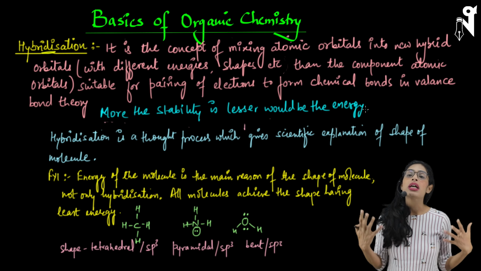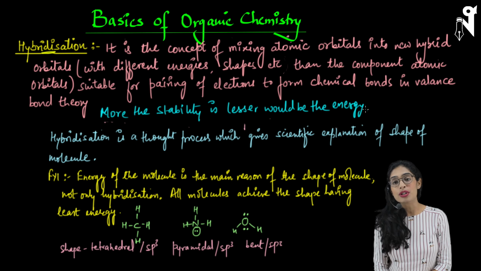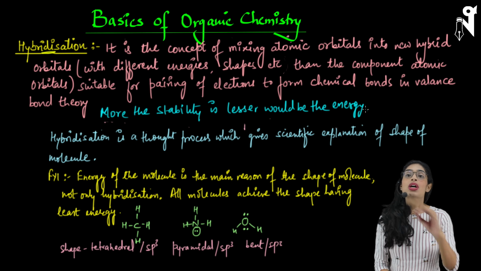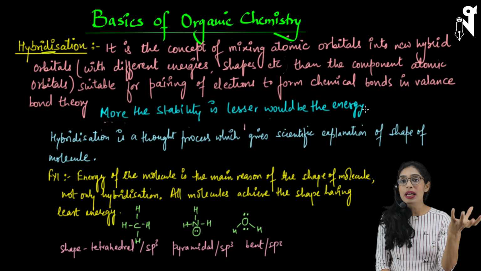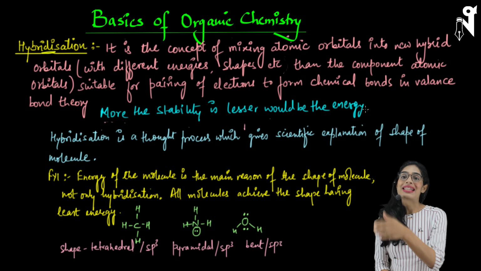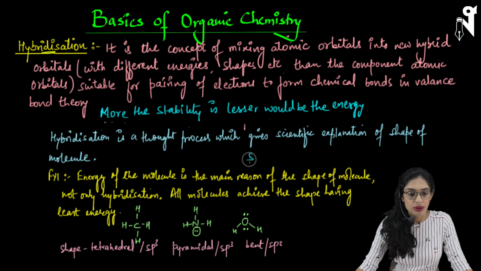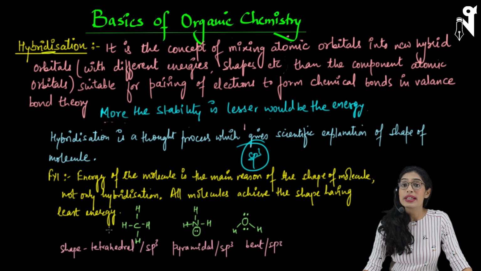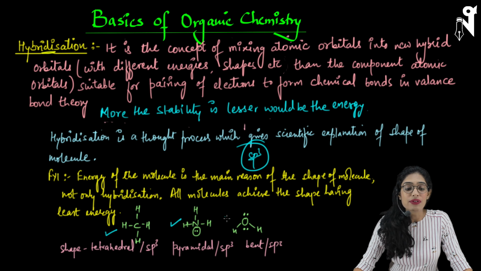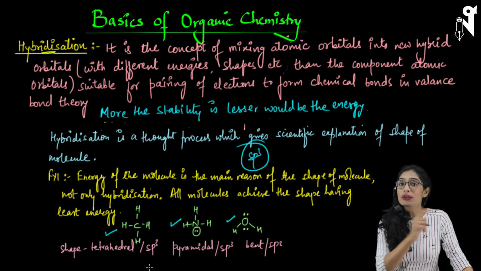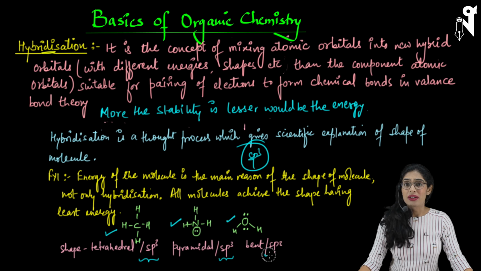Why is it so? Why can we not consider only hybridization as a factor? Because if only hybridization were the factor for the shape of molecules, then all the molecules or atoms following a certain hybridization should have followed the same shape. For example, let's say sp3 hybridization. Here I have taken three examples: one, CH4, another, NH3, and the third, water. In all three cases, the molecules are following sp3 hybridization. But are their shapes the same?